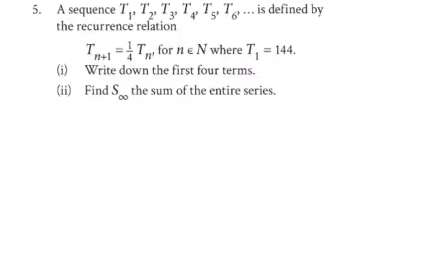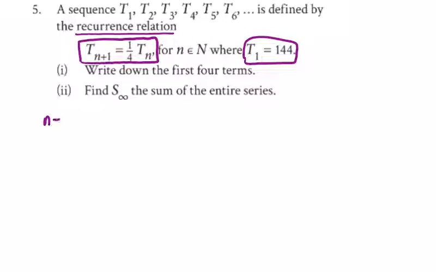In this video on recurrence relations, we have t1 to t6 defined by t(n+1) is equal to a quarter of the previous term, and we're given t1 is 144. So when n is equal to 1, we're going to get term 2. It's going to be a quarter of term 1, a quarter of 144. If you want to put t1 in there, you can initially. And a quarter of 144